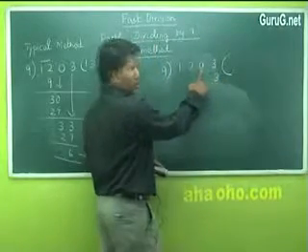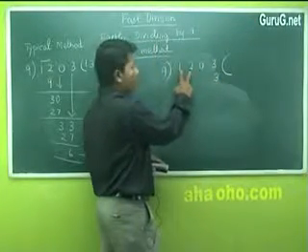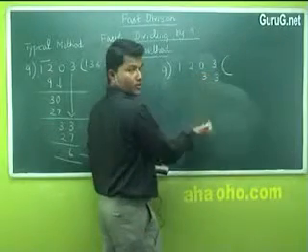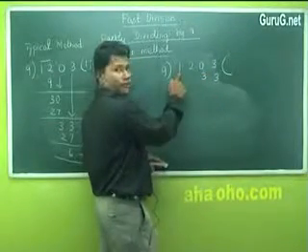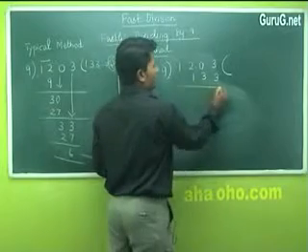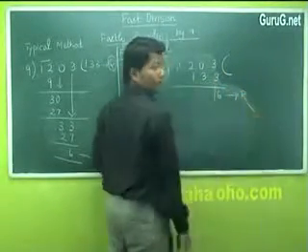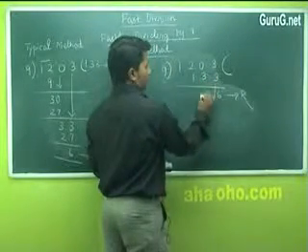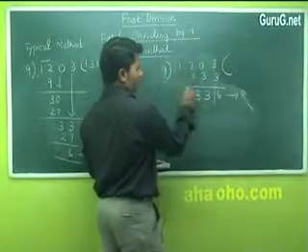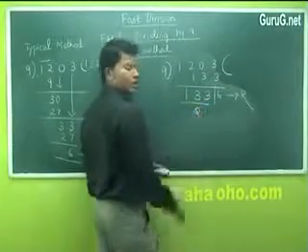Now take 0. There are 2 numbers before it. Add them. 1 plus 2 is 3. Now take 2. There is only one number before it. Just place 1 here. Add this. 3 plus 3 is 6. This is your remainder. 0 plus 3 is 3. 2 plus 1 is 3. Bring the number as it is. 133. This is your quotient.